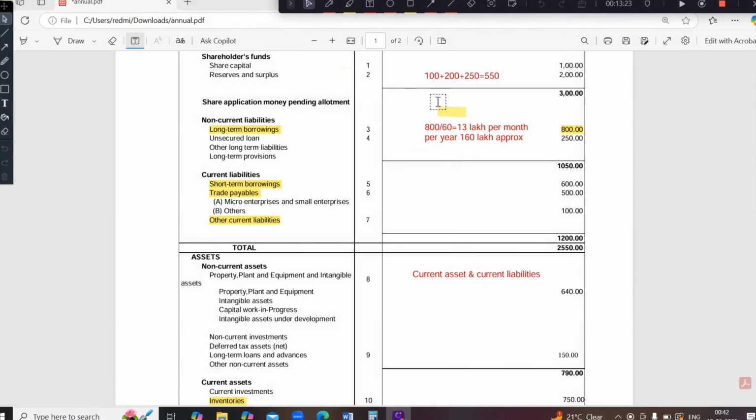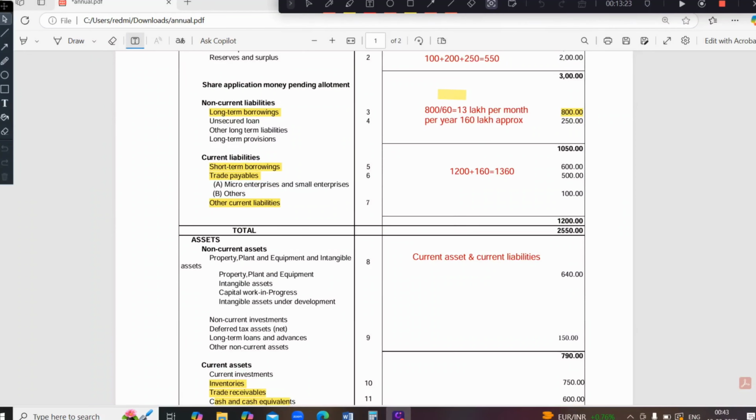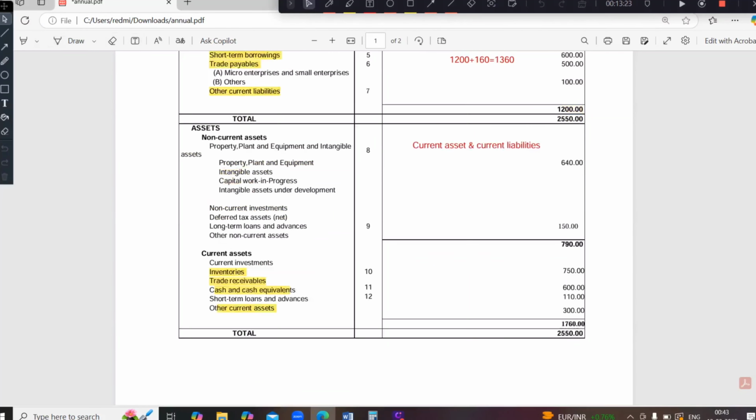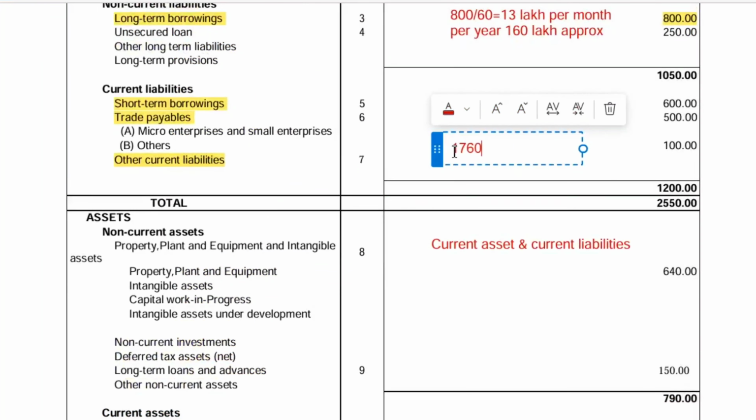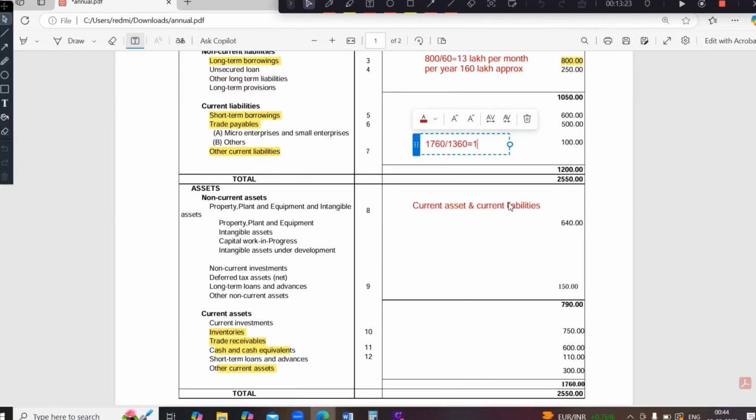So now we have the value of current liability, that is 30 crore 60 lakh, that is 12 crore plus 1 crore 60 lakh. Now we have the value of both, so you can simply calculate by putting it in the formula, that is 70 crore 60 lakh divided by 30 crore 60 lakh. So you will get a 1.3 current ratio. So the standard current ratio is 1.3 and above, so it is quite satisfactory. Again, it slightly differs from business to business.